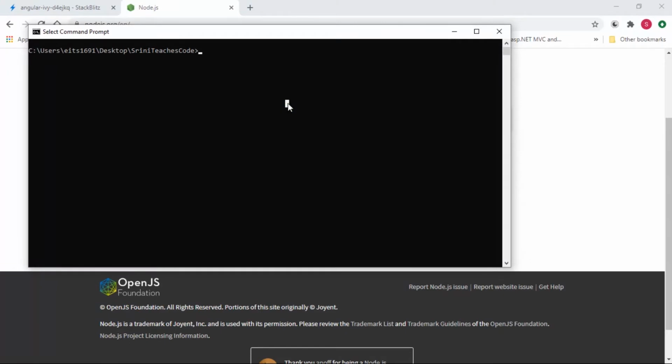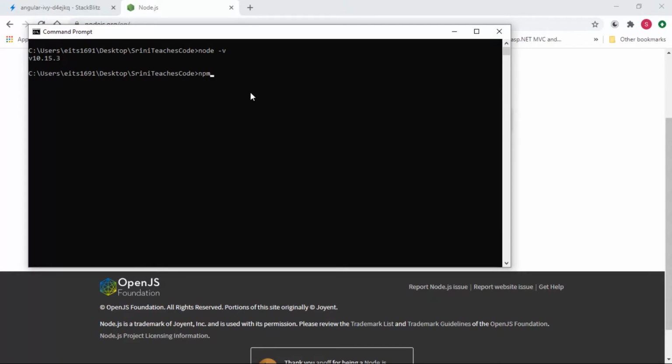We will go to the command prompt and check the version of node we have. If you type node -v and press enter, it gives you the version of node. I have 10.15.3 installed on my machine. Once you install node, npm automatically gets installed as well.